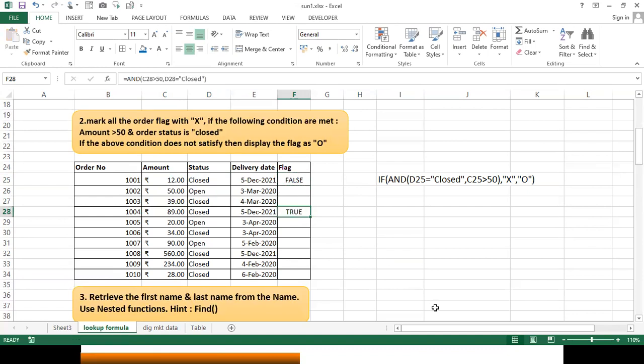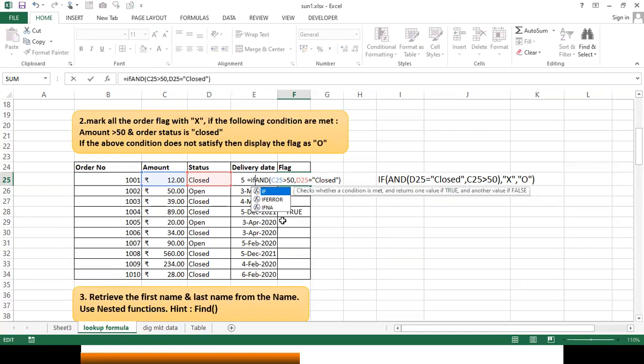Okay. Now this true and false, I'll verify with the help of IF. How will you do that? Okay. So I'll write one more condition for it.